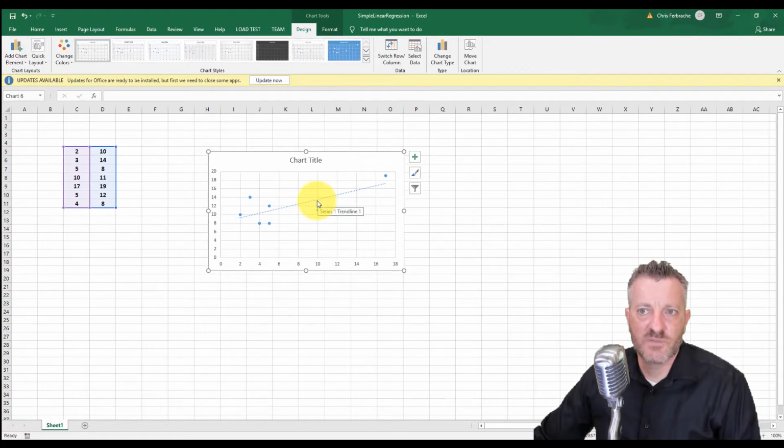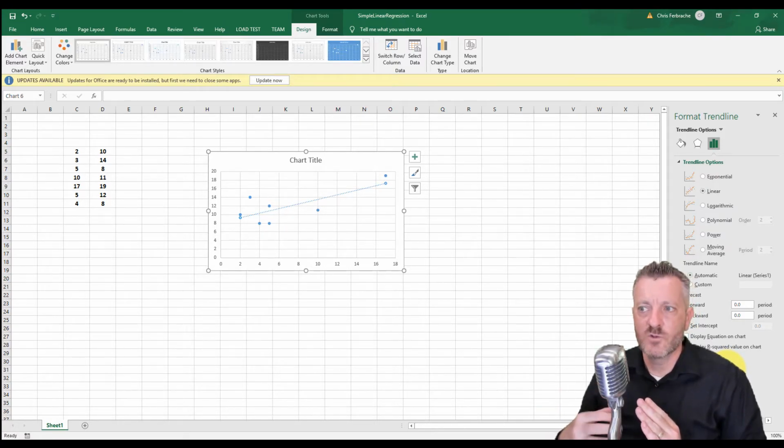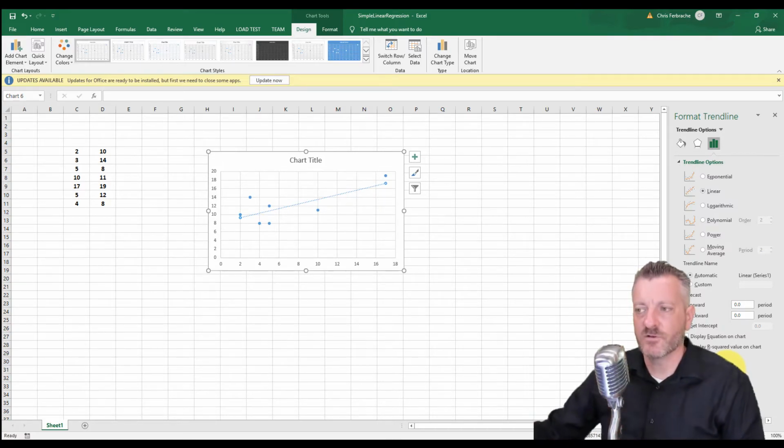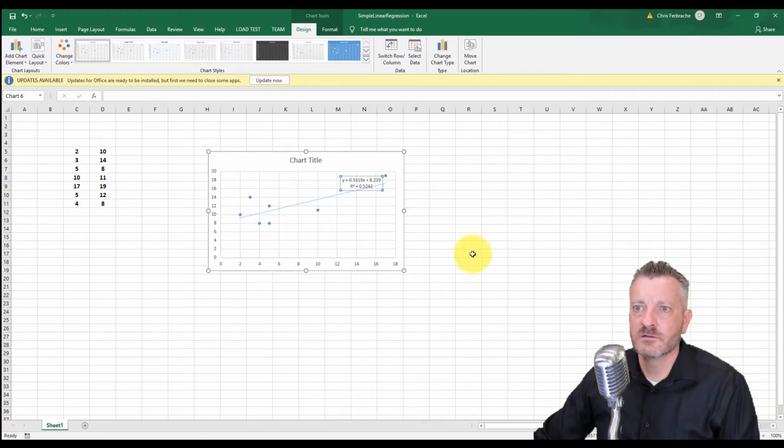So you just put your mouse right over just the tip of it, and then I'm going to double click it, and this little window on the right pops up. So it has linear. That's fine. That's what we chose. Leave set intercept blank, so don't check that. It'll change the way the line is. It'll set the intercept for whatever point you have the line will have to go through. So do not check that, but check display equation on chart. That's what we want, and display r squared value on chart. So that's really good. We select that. We can close this now.